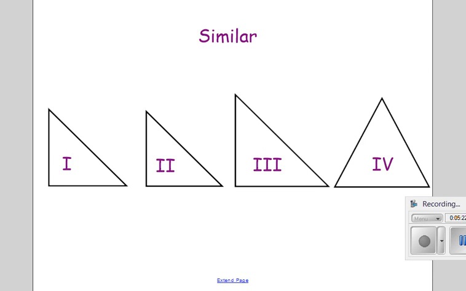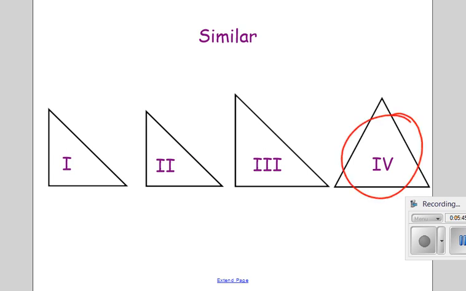You can see the four triangles on the screen. We start by just talking about, okay, what is similar, right? Similar, of course, means same shape but different size. So as we look at the three triangles on the screen, the first thing our eye is going to catch is that